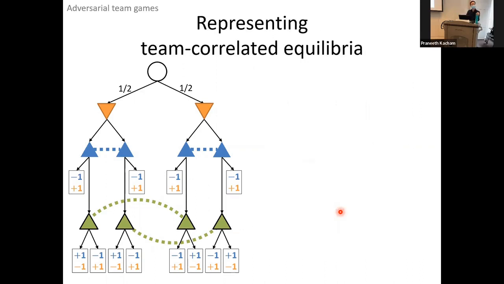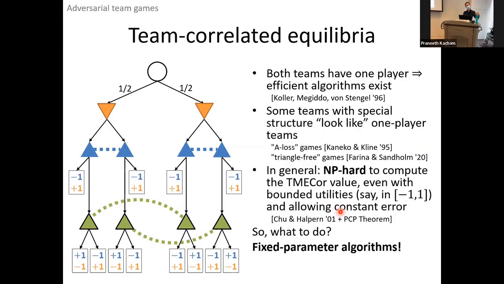So, one quick question. Yes. Is it clear that you can even write down, or when you say NP hard, what is the size of the description of the game? The size of the description of the game is this object that I have right here. It's the tree. Okay. So then, is it clear that I can write a correlated strategy in polynomial size in the description? Yes, by Carathéodory, and I'll mention this in a moment.